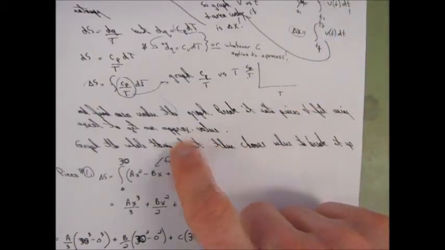So what we're going to do is find the area under the curve for our entropy. We're going to graph Cp divided by T on the y versus T. And then we're going to break it up. So what it looks like is,